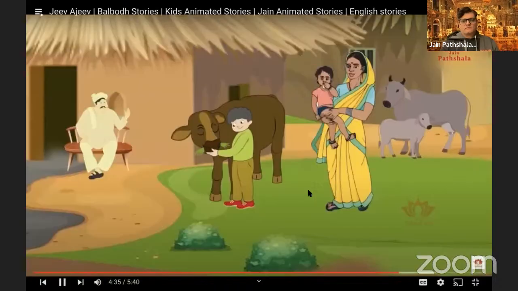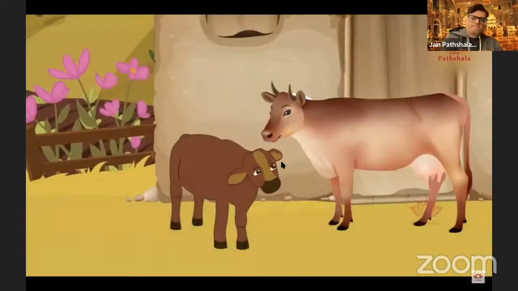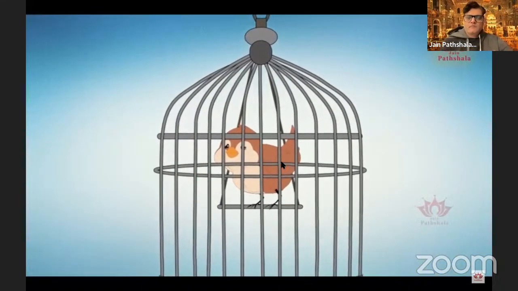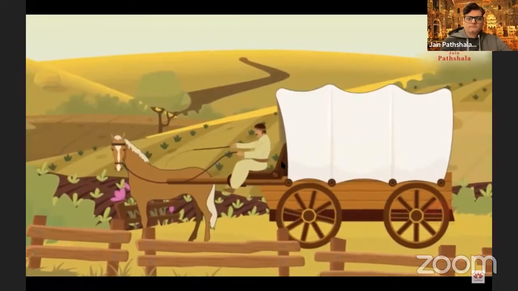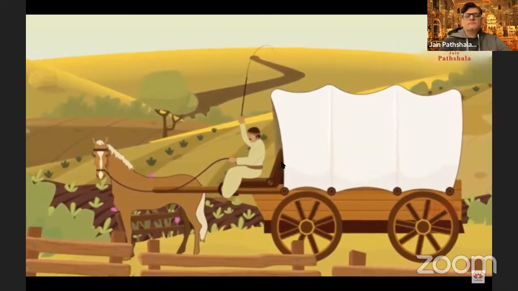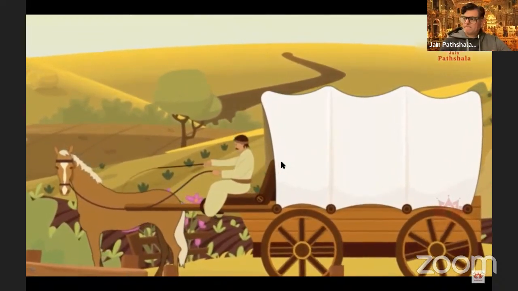Mahavir Bhagwan said that kindness towards all living beings is the true dharma. We should be kind and caring towards all living things. Like how you feel sad, others also have the feeling of sadness. So we should not make anyone sad. Like we don't wish to be harmed or hurt, similarly, others also don't want to be harmed or hurt. So we must also not harm or hurt anyone.